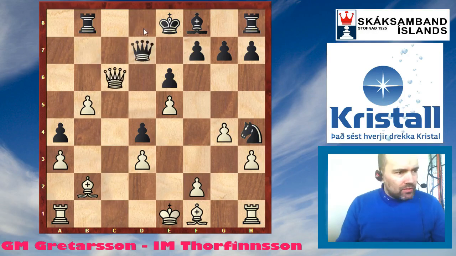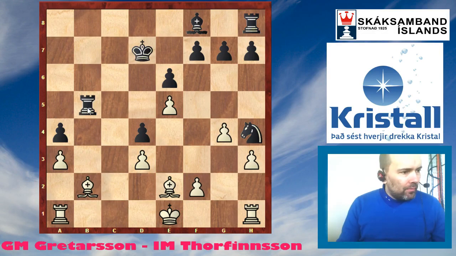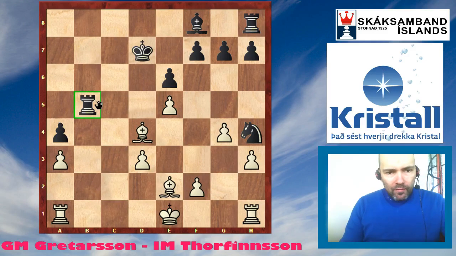Good job. Queen here, queen b7. Do you have it? Queen takes, king takes, bishop e2. Rook takes b5. Bishop takes d4. Rook d5. Seems like white has...